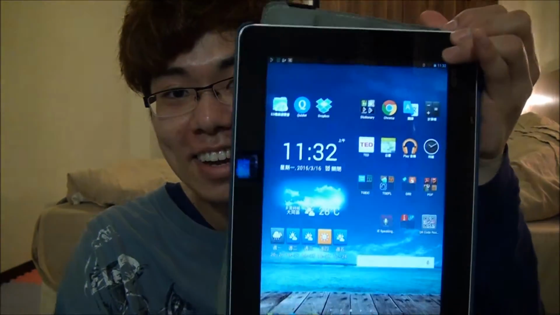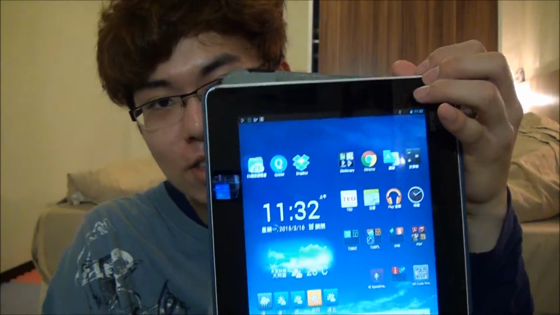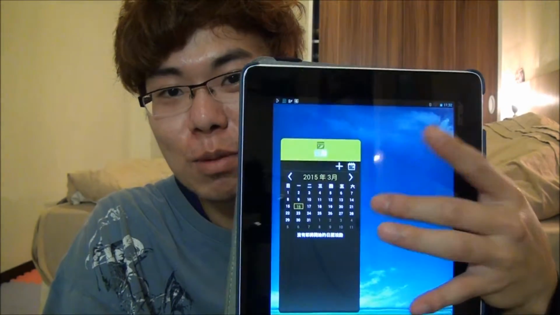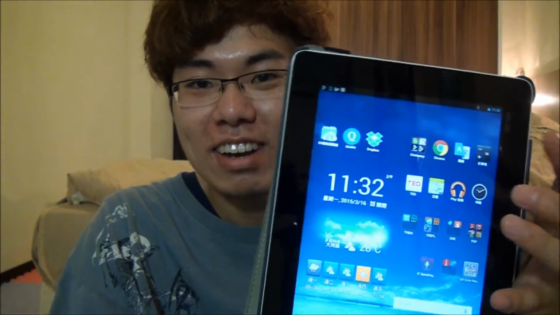And the second thing is organization. So you want to keep your home screen perfectly organized and clean. You don't want any distraction, especially when it's leading up to an important exam. So here, let me change to a larger screen. You can see that it's just clean. I'm so proud of it. I don't have any other